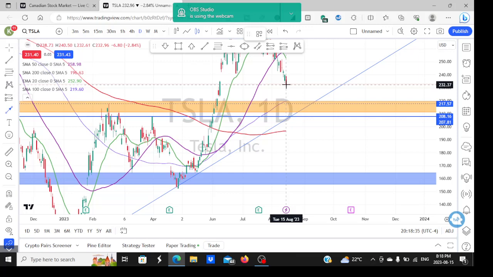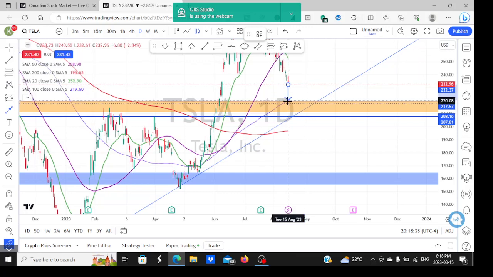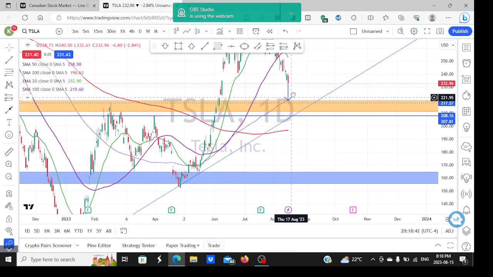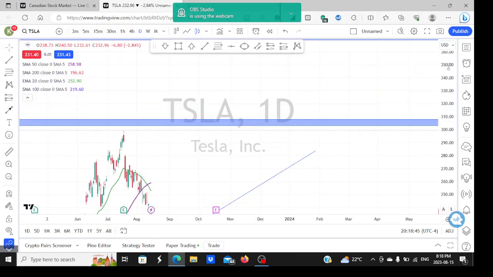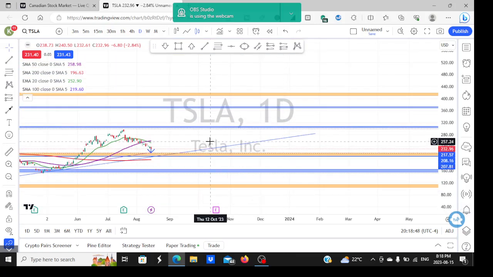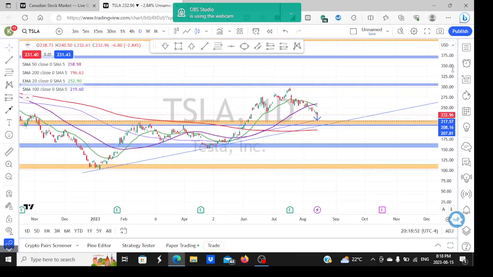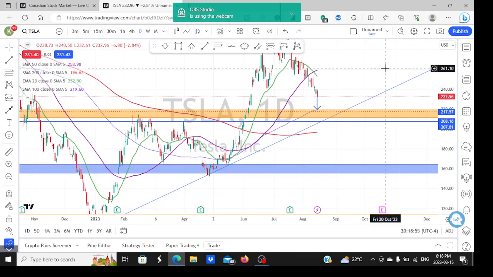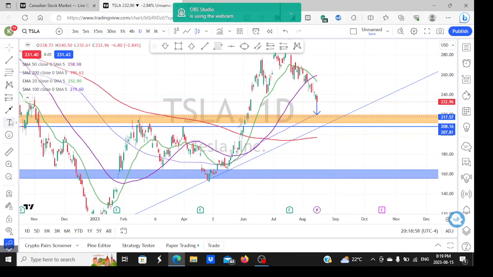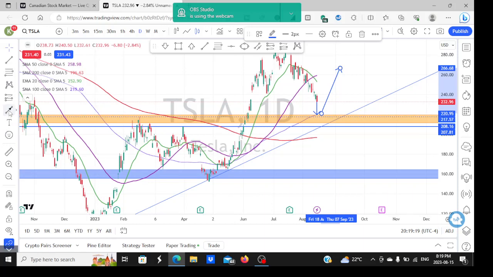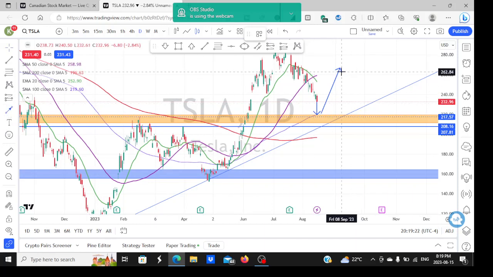So Tesla can come down, and then it can come down and then after that it will go up, go up to here. Then it can come down,